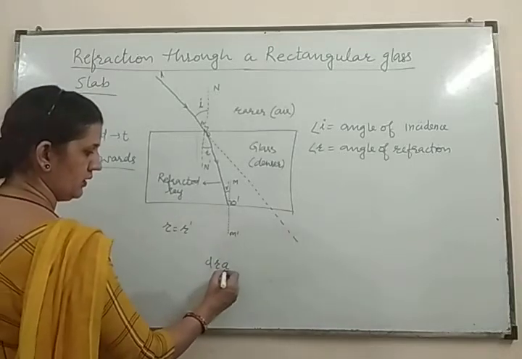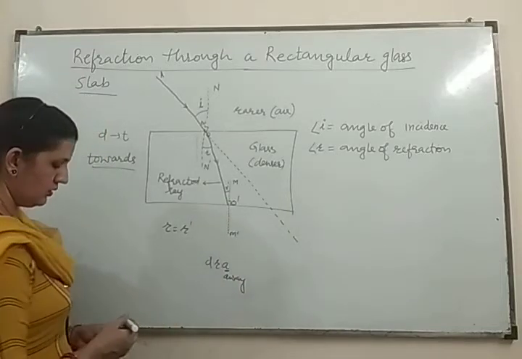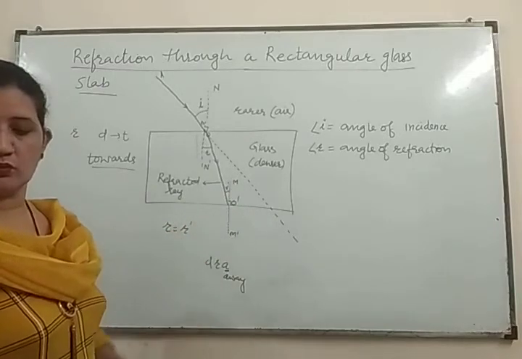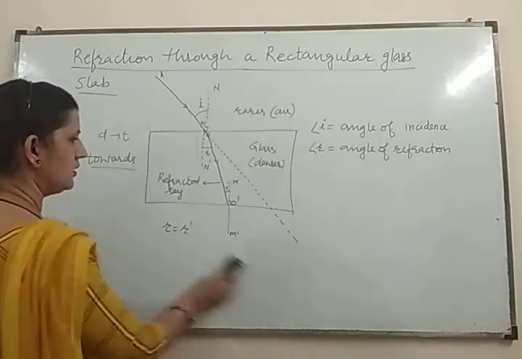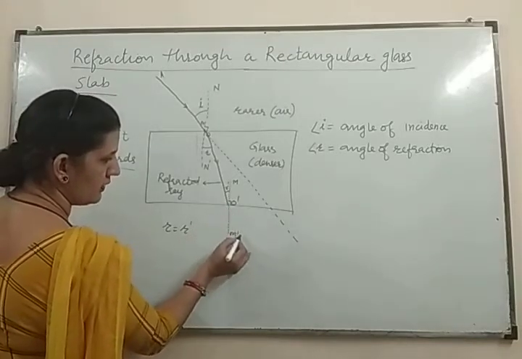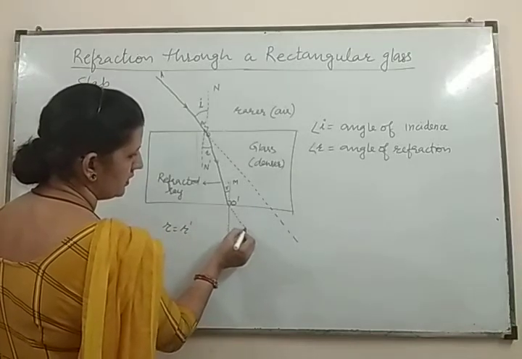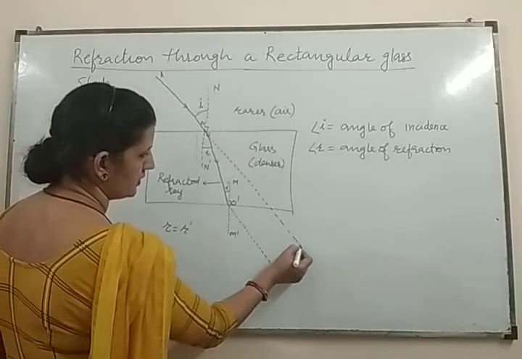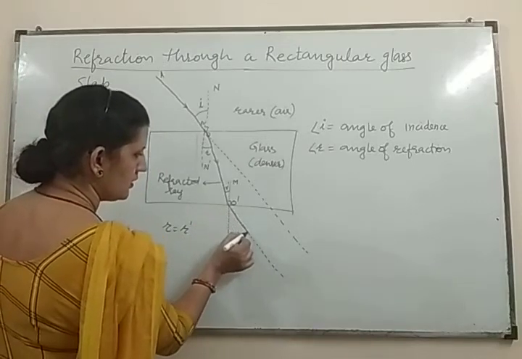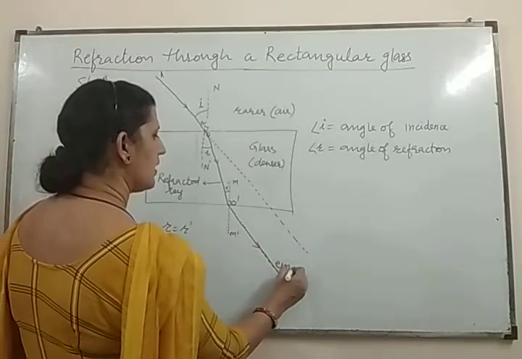I have told you A is here. A stands for away. So the ray traveling from denser to rarer medium will move away from the normal. So this ray should travel like this, but it will move away from the normal, and you will see the ray is moving like this. And this ray is the emergent ray. This ray is given the name emergent ray.